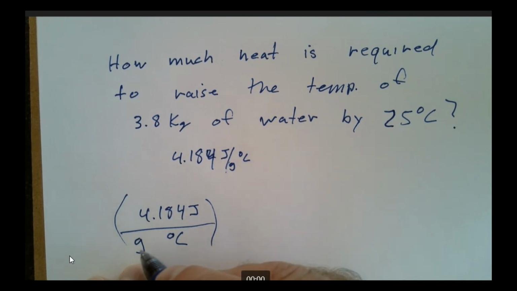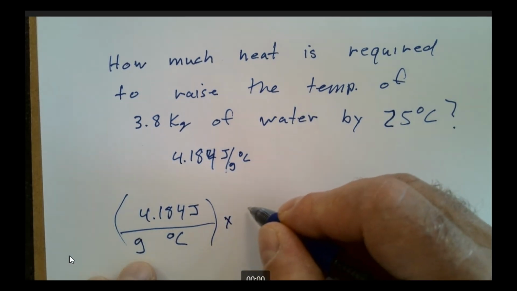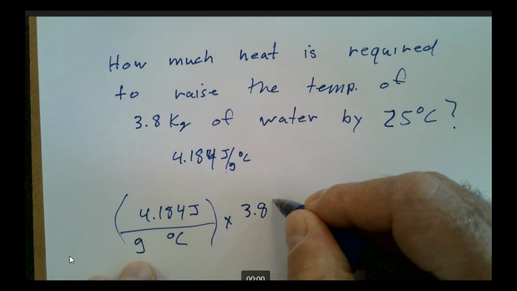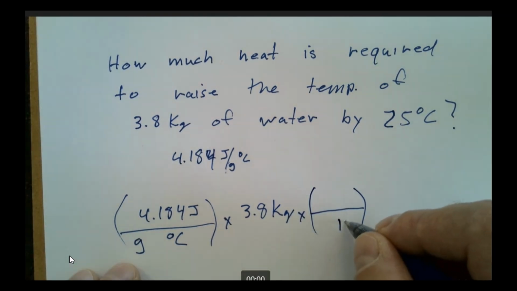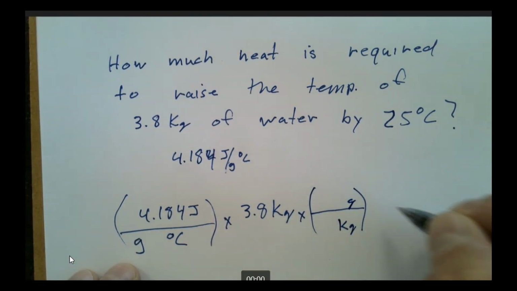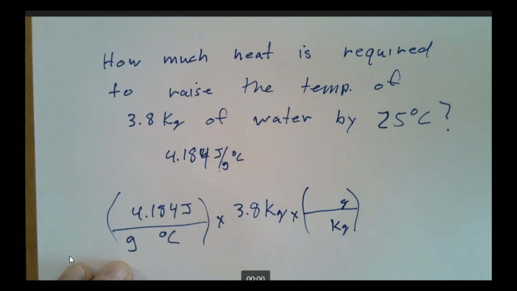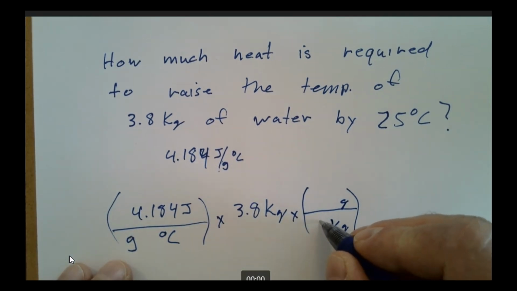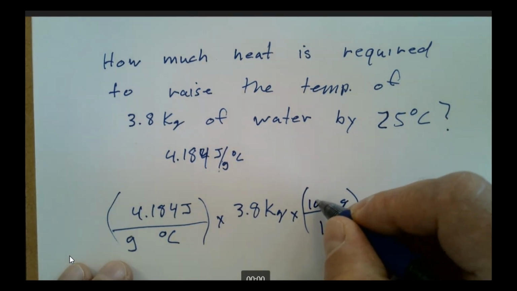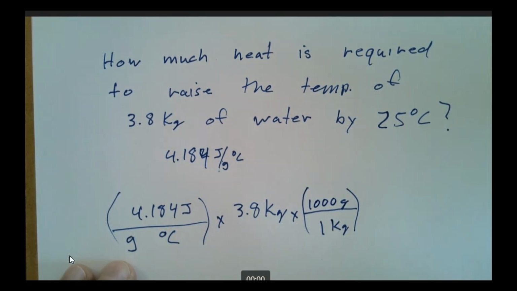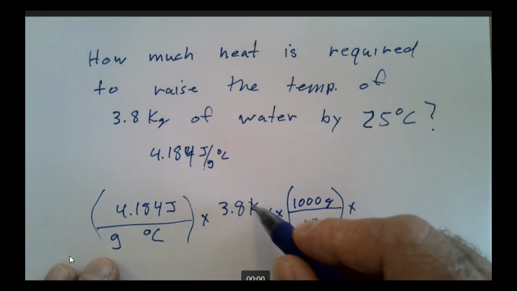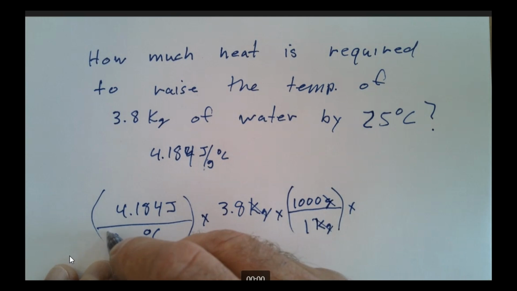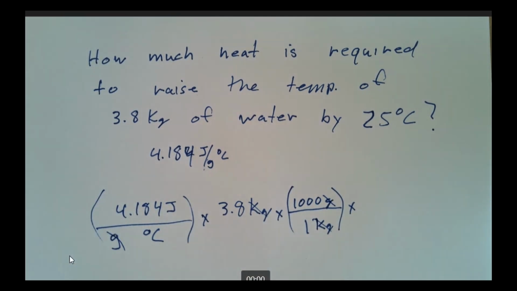All right, and then I see a unit of mass. So I'm going to multiply by 3.8 kilograms. And then I'm going to say to myself, I can't cancel these. So I'm going to put kilogram and gram like this. And then I'm going to say kilo means 10 to the third, so I want to be sure and put 1 there and 10 to the third up there, which is 1,000 grams. Now my kilograms are going to go away. Grams are going to go away. How do I get rid of